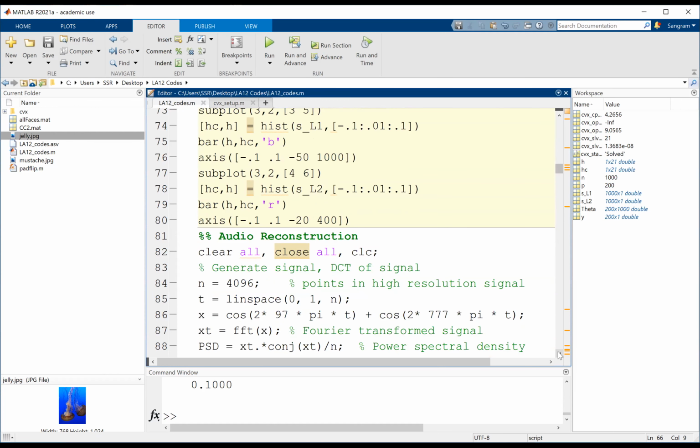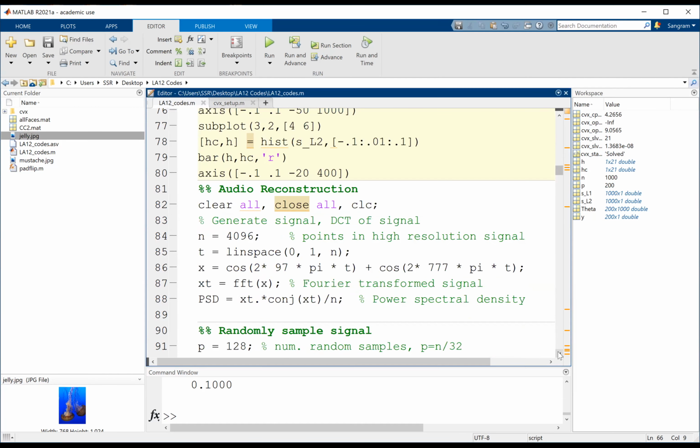So now this is where you will actually see the power of compressed sensing. Let me quickly tell you what we did earlier. We had a system of equations and we tried to find an approximate solution using L1 norm and L2 norm.